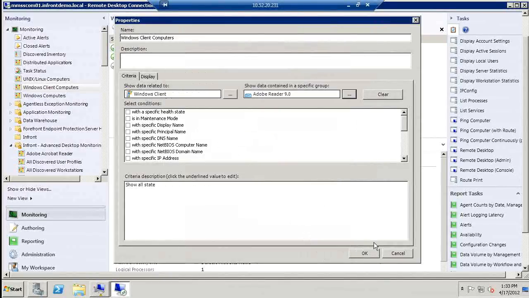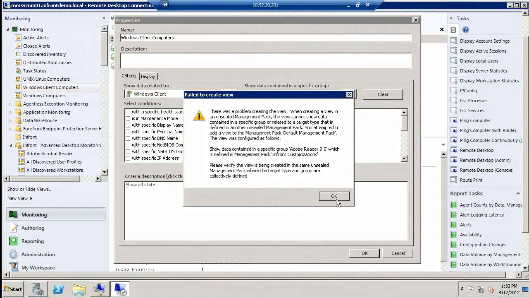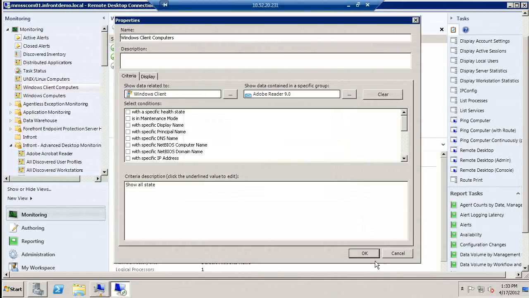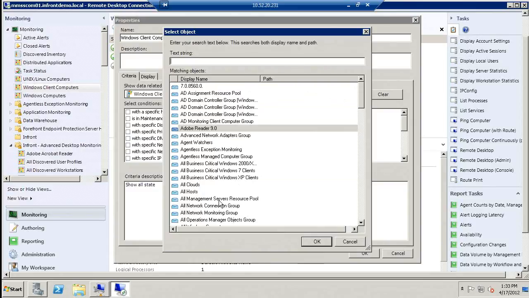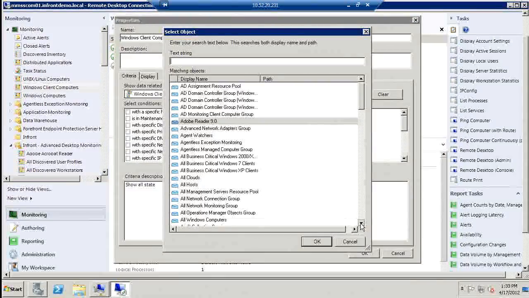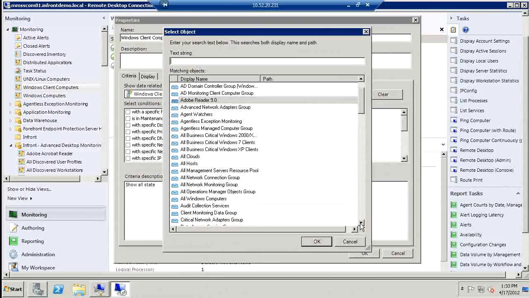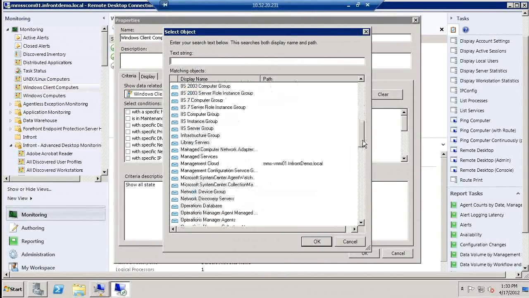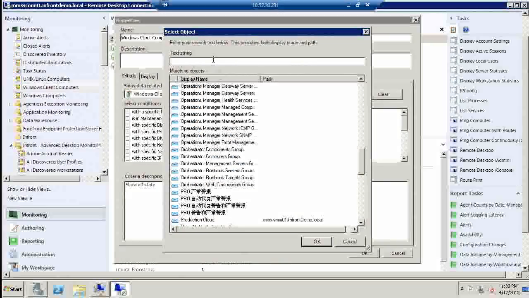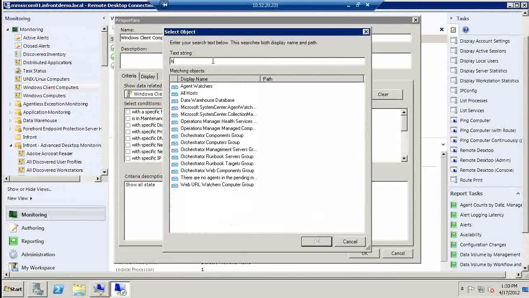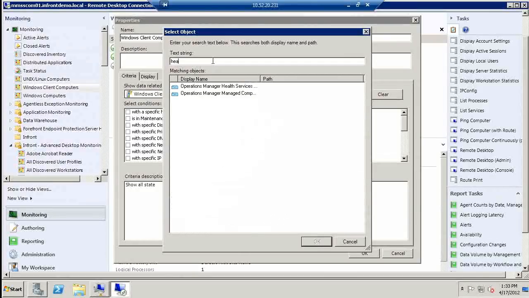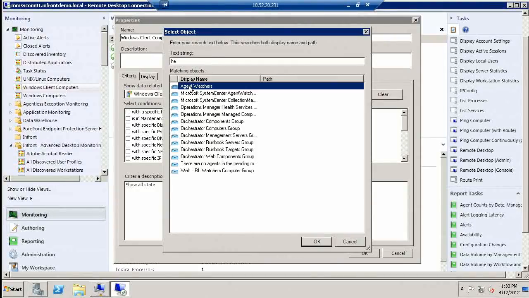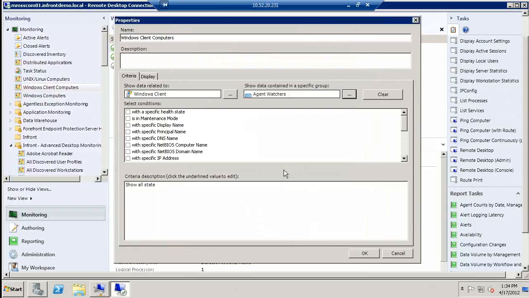And if I introduce that into the mix and click OK, oh, I can't do that right now. Put that in a different management group. So let me choose something a little bit different. So if I choose something in a sealed management pack to show you the example, and we look for, let's say, our health service and agent watchers. If I filter on an agent watchers group, it's likely that as I select OK, I may